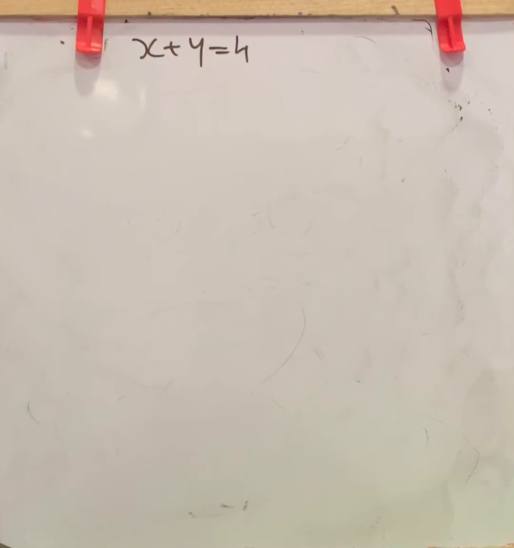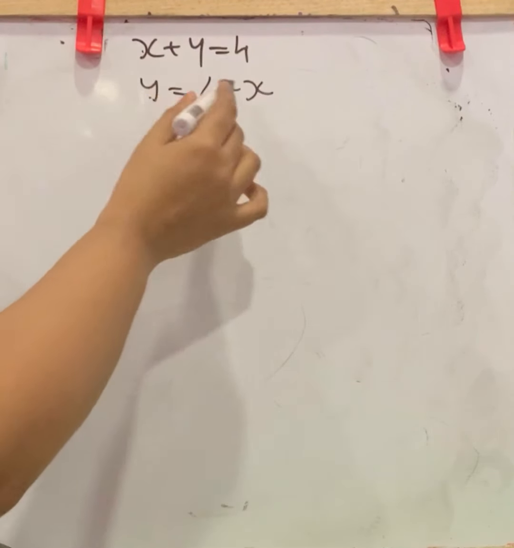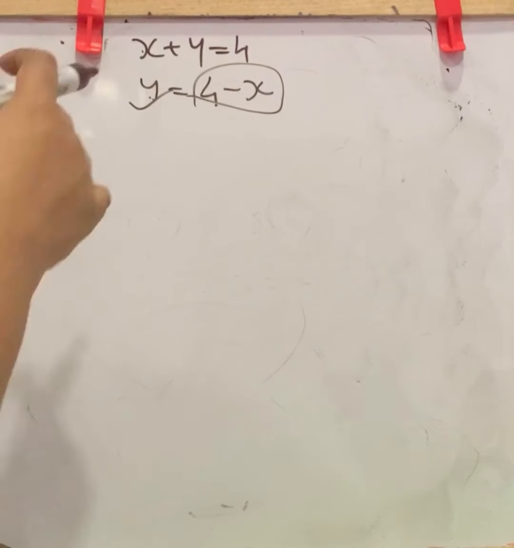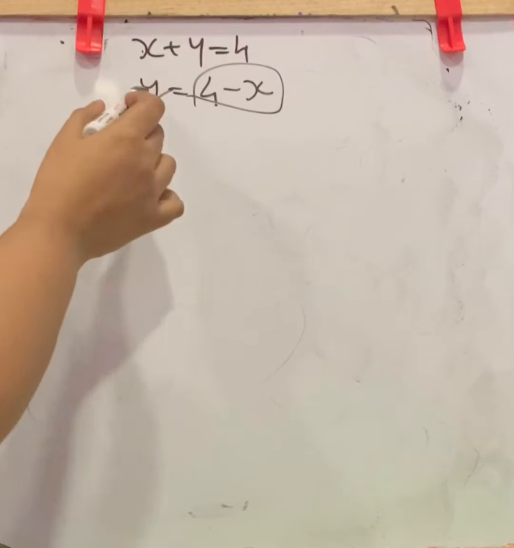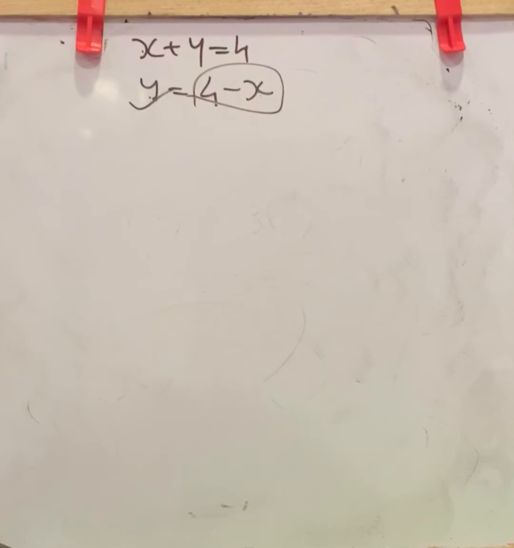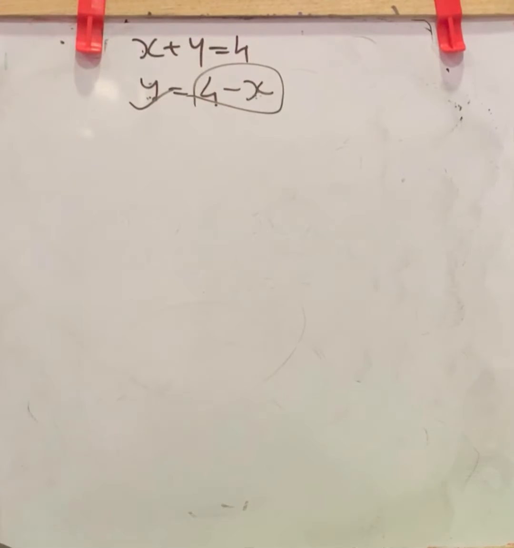If a question is given like this, before going to find the values for x and y, we can rearrange it like y equal to 4, x is taken to RHS minus x, y equal to 4 minus x. Because this makes our solution more easy. Here I will show you if we have values for x, it is easy for us to find values for y. So remember, always keep one variable on LHS part and take all the other to RHS part. Here I am going to find values for y while substituting values for x.